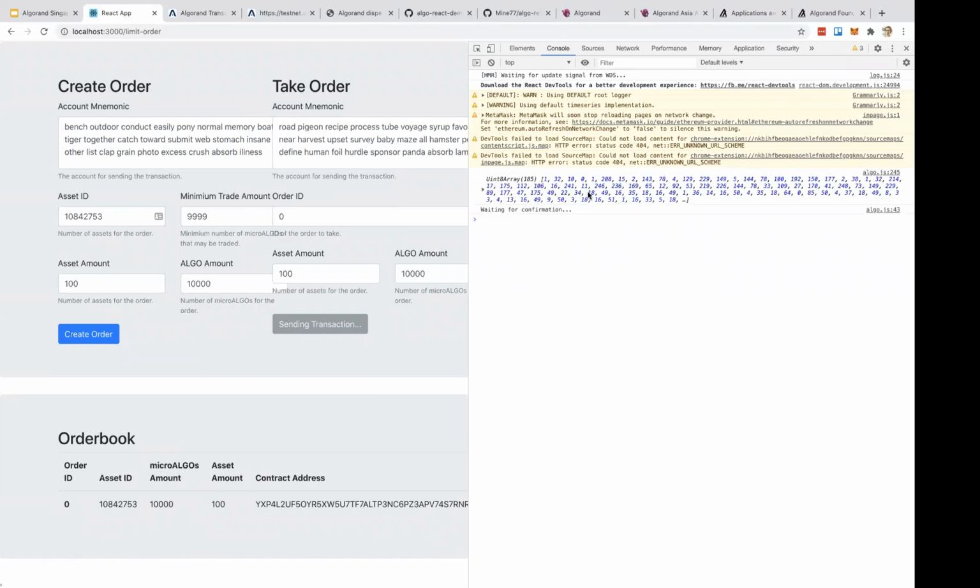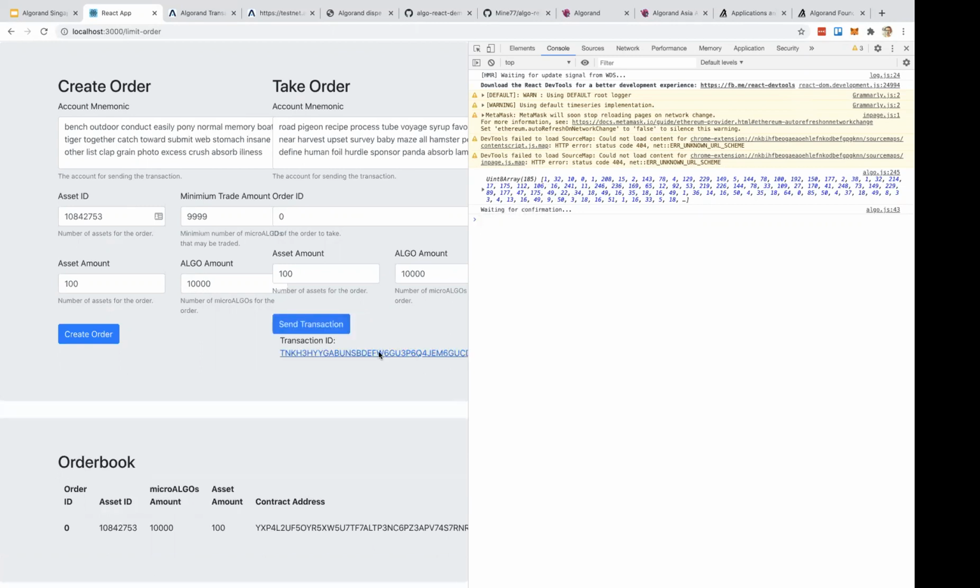I don't know what it is actually. This would be a contract code, I guess. So waiting for the transaction to be confirmed. Okay, it's confirmed. And if you click in, you can see that this transaction,